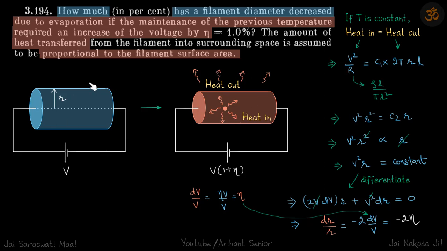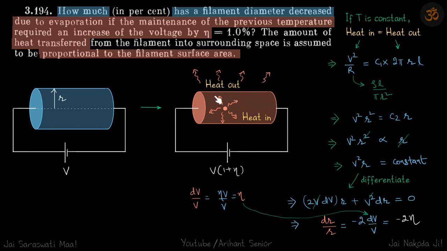So let me just explain what's happening in this, and then I will read the problem. Let's say you have a filament which is connected to a battery, and with time the filament will become hot, and it is a property of this filament that it evaporates on heating up. So you can think this is similar to a liquid, right? If you have some liquid conducting medium here, then as it becomes heated up, it will start to evaporate. So this conductor also has a similar property that with temperature rise, it starts to evaporate.